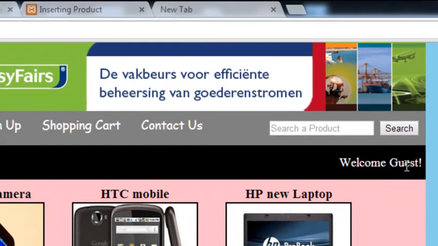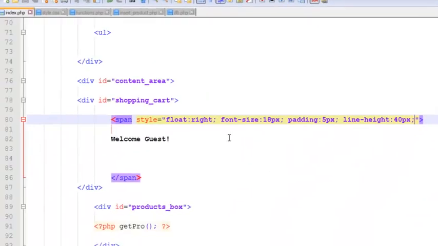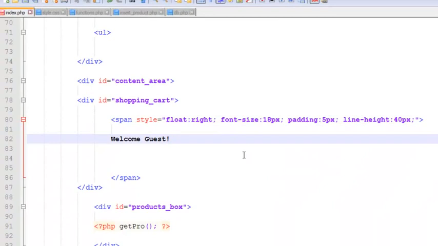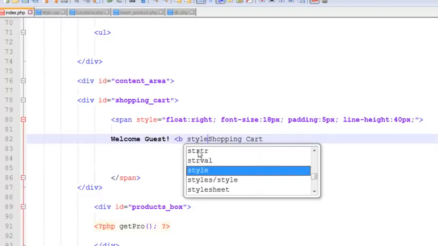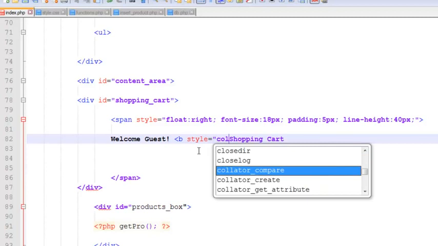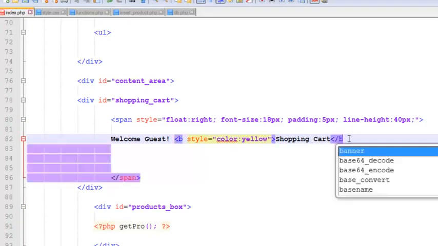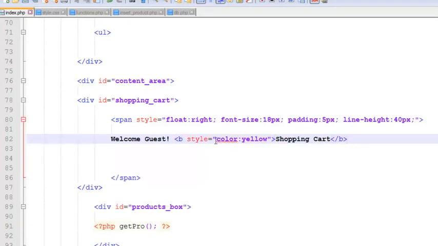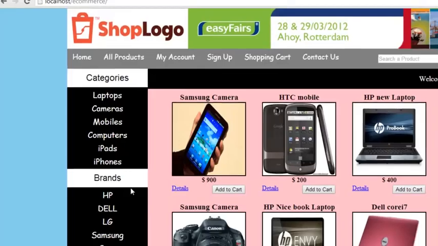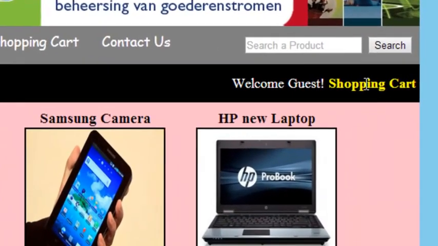So welcome guest is a text, and we can write something more like shopping cart. For this shopping cart we can use another style. For example, style b is equal to color yellow, and b will be closed. Inside the b tag we have given some other style. Refresh it, you can see shopping cart,